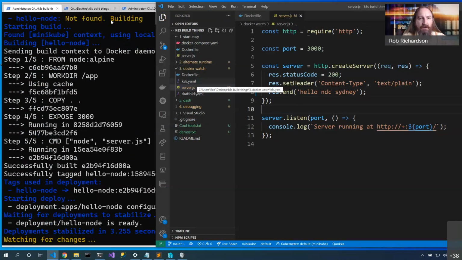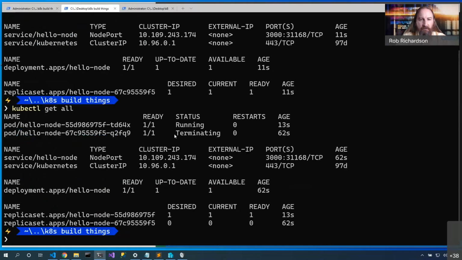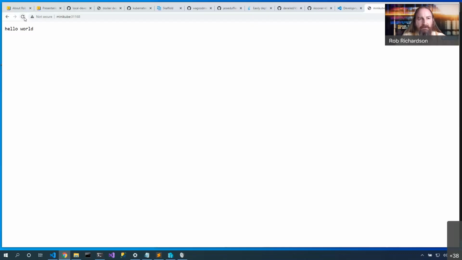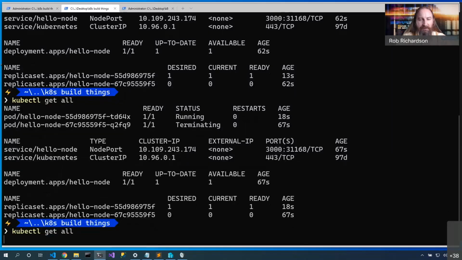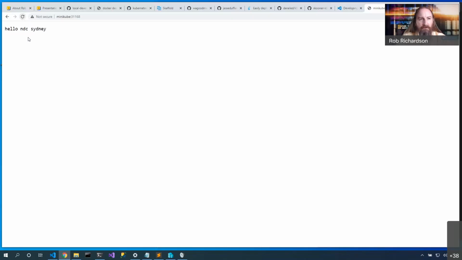I'm going to do a Kubernetes get all again, and we can see this one terminating and this one starting. If I hurry, I can catch it in the act, but let's push refresh, and let's give it a second. Since I'm screen sharing and all the things, then sometimes it takes a minute. Let's see if it will come back down, and then we'll refresh our web page, and now we get the new content. Perfect.